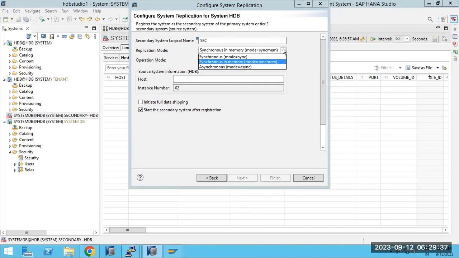So the three replication modes are available here: sync mem, sync, and async. These are the three types of replication modes available in the HANA database, right? So what is meant by synchronous? What is meant by synchronous replication modes in the HANA database? Synchronous means